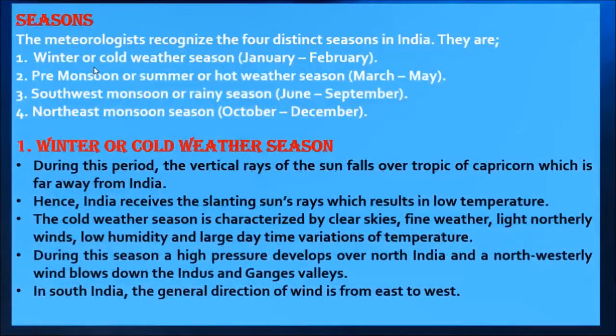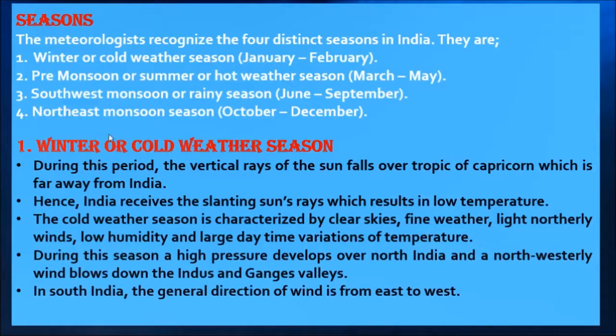Now let us talk about the seasons. Seasons are of four types. The meteorologists recognize the four distinct seasons in India. So in India we have four seasons. What are they? Winter season. The first one is winter, second one is summer, rainy, and